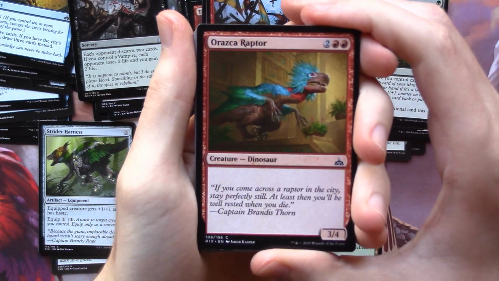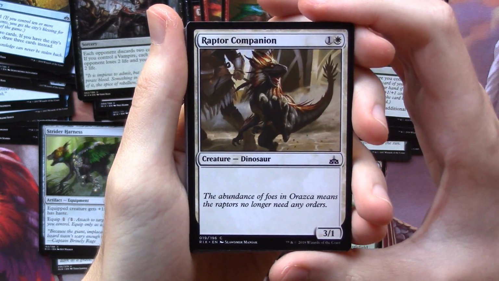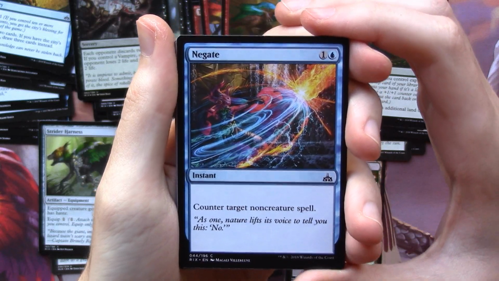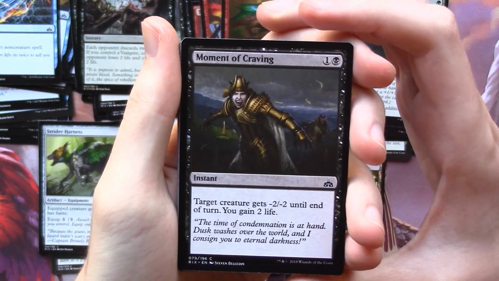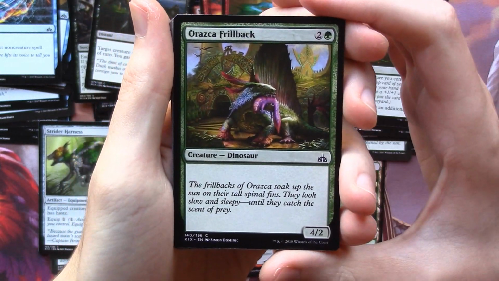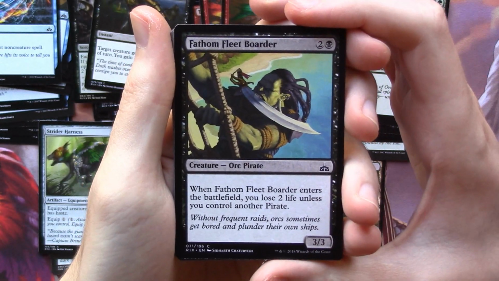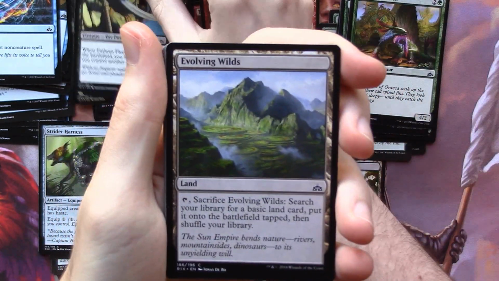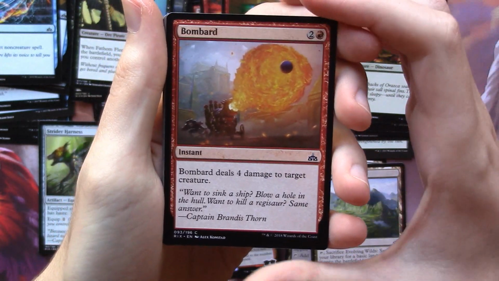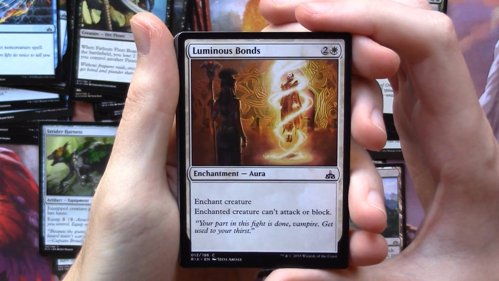where we have Oraska Raptor, Raptor Companion, Negate, Moment of Craving, Oraska Frillback, Fathomfleet Border, Evolving Wilds, Bombard, Luminous Bonds,